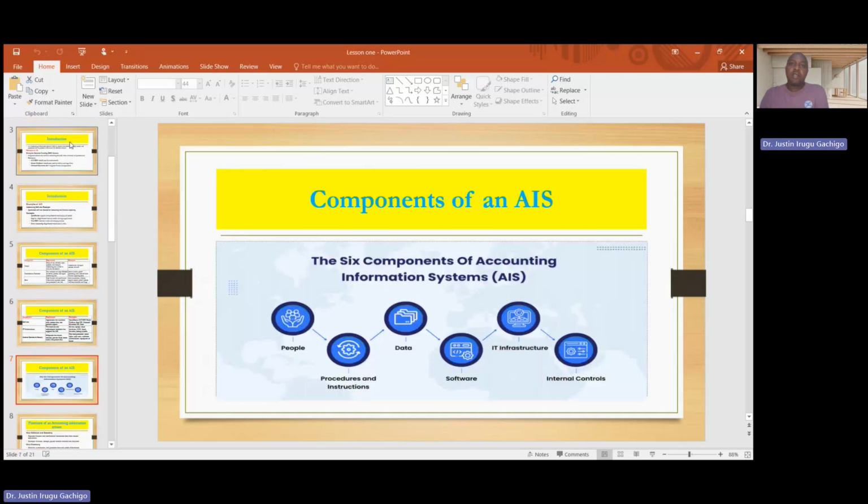So this is a pictorial of the components of an accounting system. We have talked about the people who are the users. We have talked about procedures and instructions. These are the methods that are used to capture and collect the data. We have the data. We have said this is the raw information, and it includes financial and non-financial information. We have the software. These are the accounting software that are used,